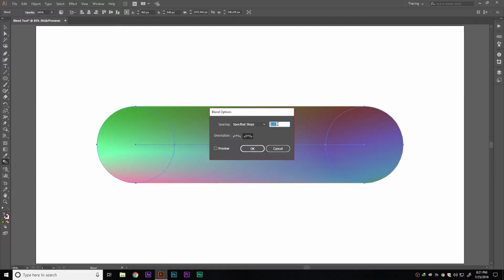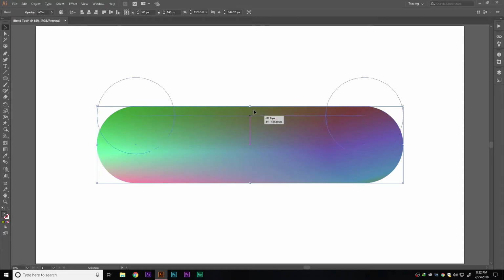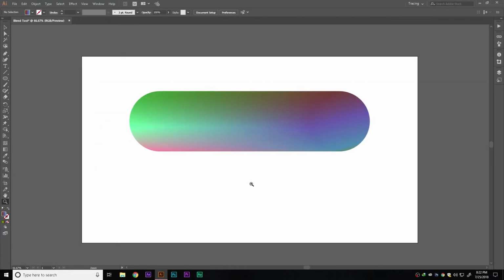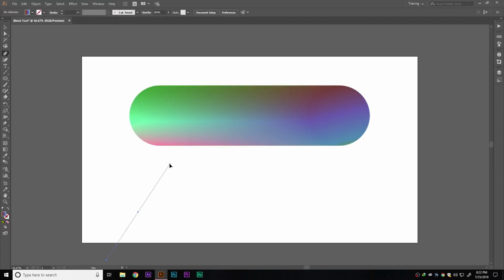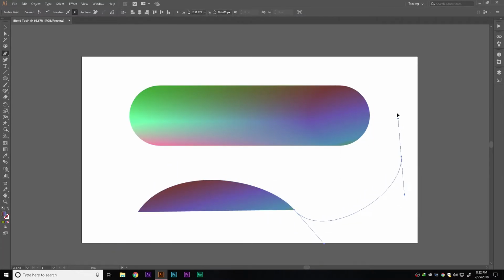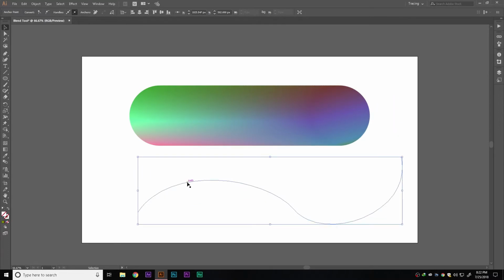For some reason my smooth color isn't working, so I have set the specified steps to 100 and this is working like a charm. Most people use the blend tool and leave it just like this. They can use it for the blend between transform, shapes, position and colors like I've used, but they miss out on the jackpot. Now, for creating a 3D toothpaste-like something, we can make a path with the pen tool,